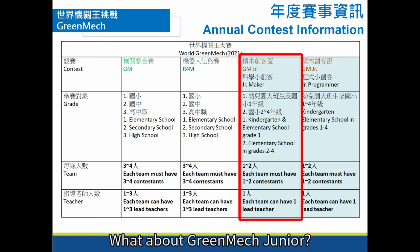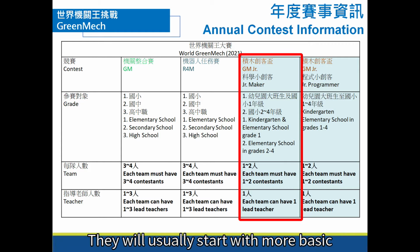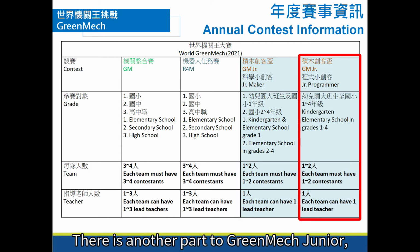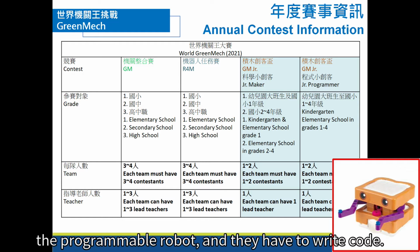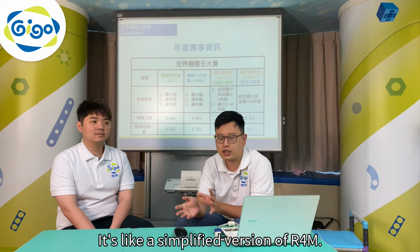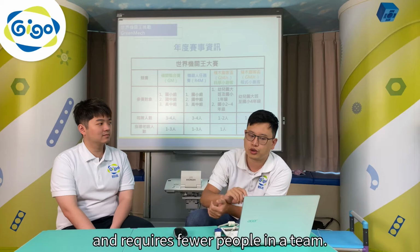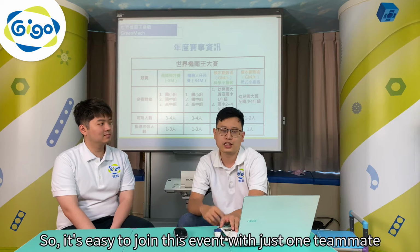What about GreenMech Junior? This contest was added a bit later, and it's aimed at younger children, or those that are new to building block challenges. They will usually start with more basic concepts, and the goals of the contest are a bit easier. There's another part to GreenMech Junior, which is very simple building blocks ideas, but also incorporates Sammy Sandwich, the programmable robot, and they have to write code. It's like a simplified version of R4M. It helps children get into the fun of competition first and requires fewer people in the team. There only need to be 1 to 2 people per team, so it's easy to join this event with just